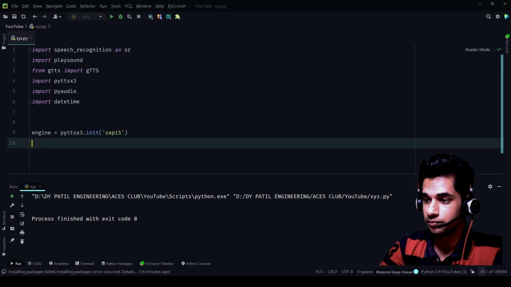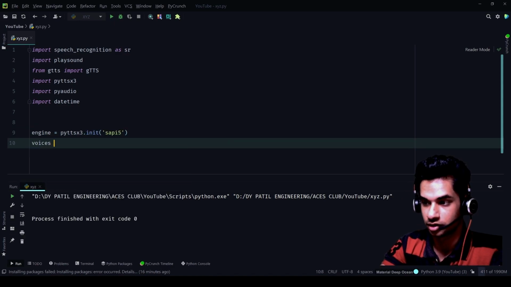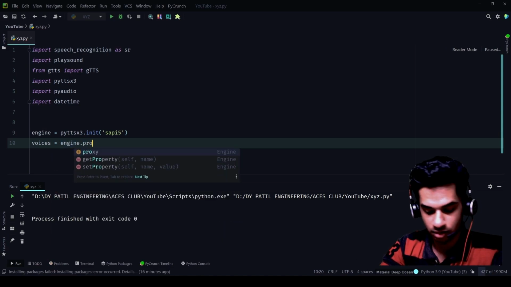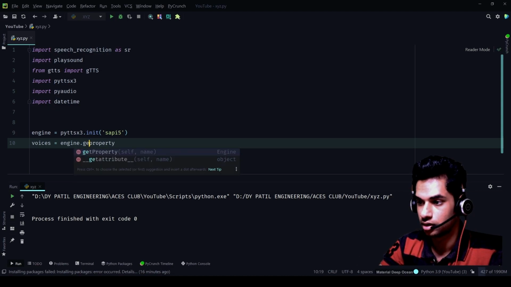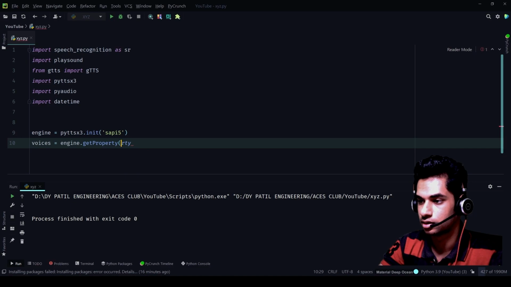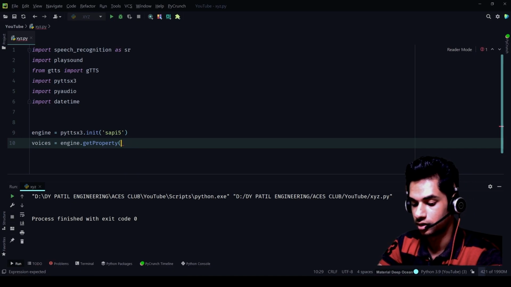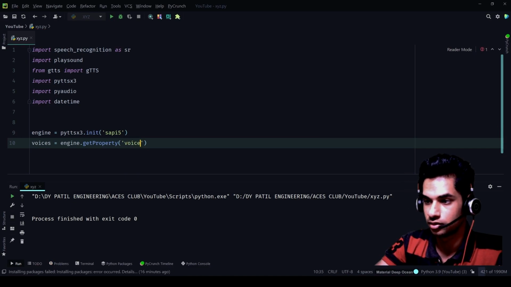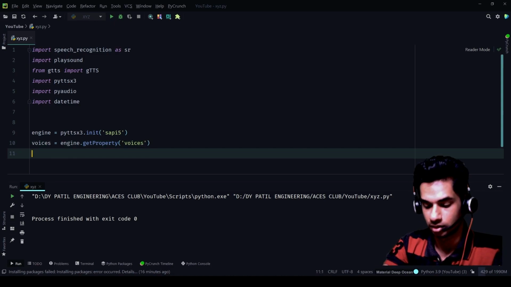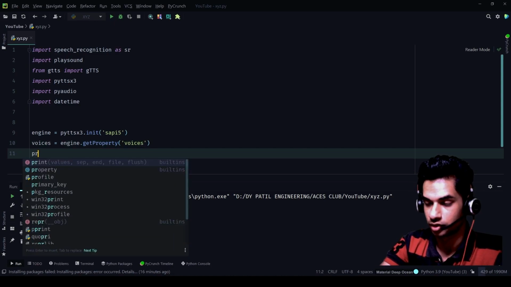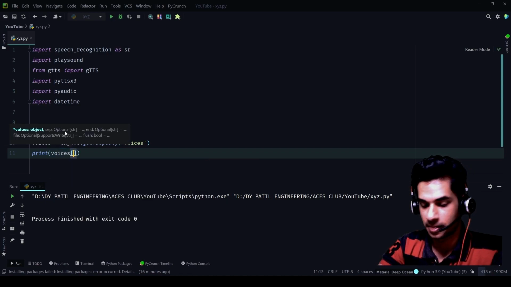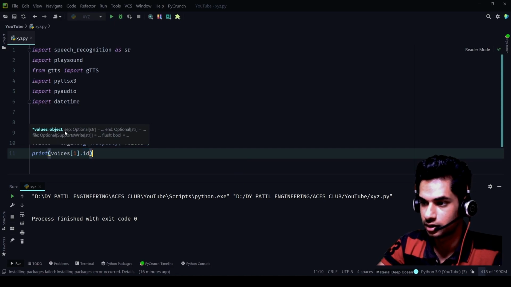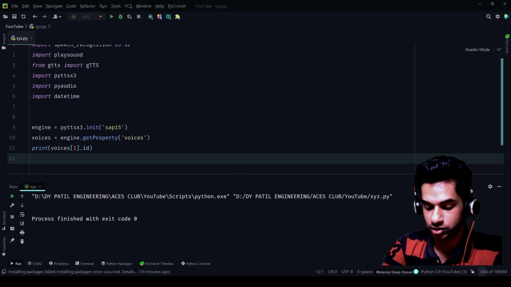Okay. Then we need to type voices is equal to engine dot get property. After get property, we need to type voices again. Then we'll type print voices one dot id. Now we'll come to engine dot set property.